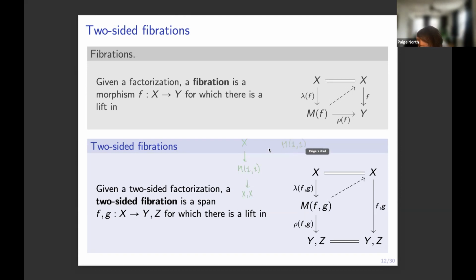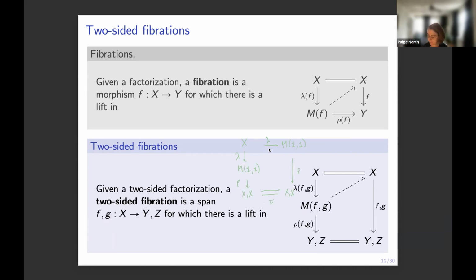M11 to XX is going to be the lambda, the left-hand map of factoring that identity span. So this lifting problem is analogous to the one where I derived an involution on the paths, an inversion of the paths. Right, but now I cannot do that. The place where I want to put the twist is here, but I cannot do that, right?